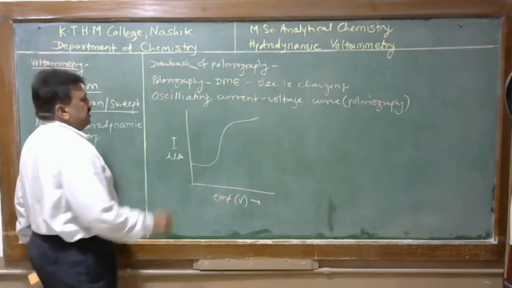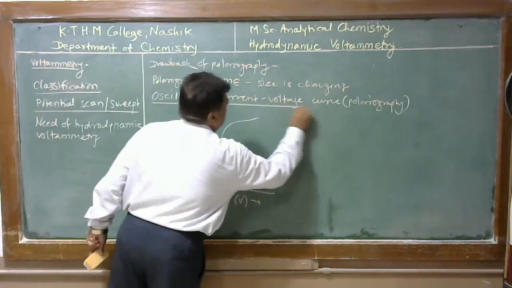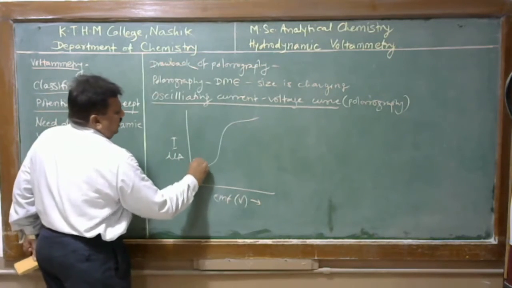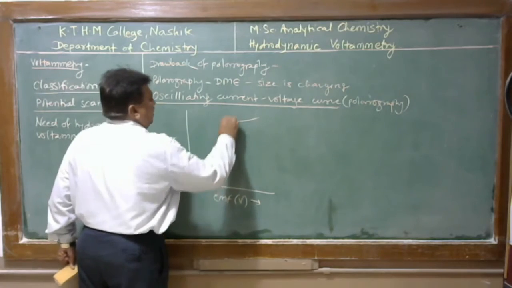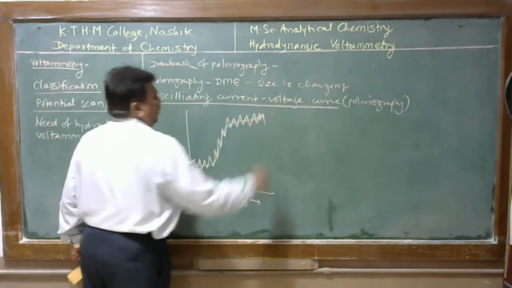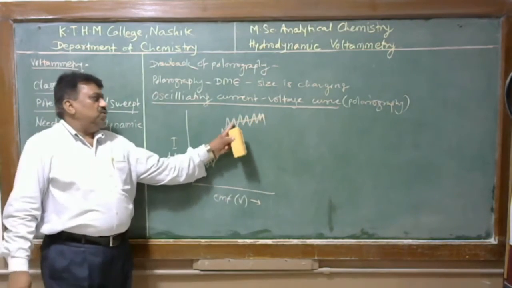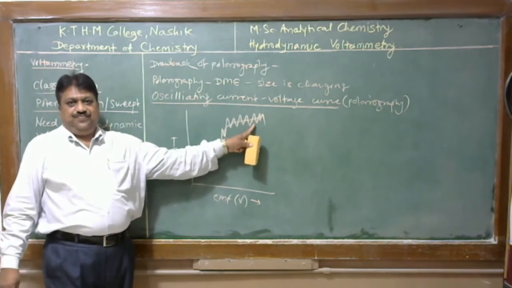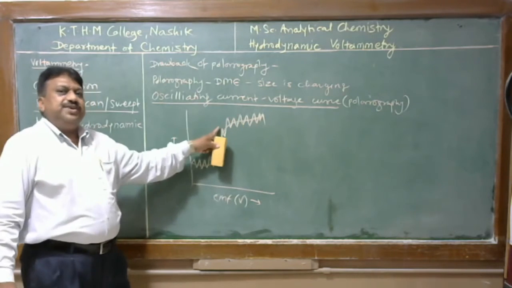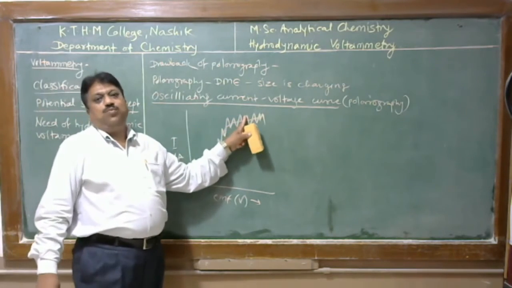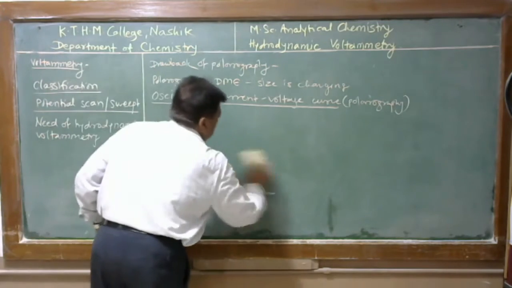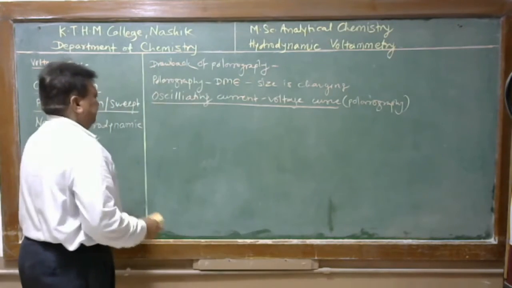But in this case, we have an oscillating current voltage curve. Oscillating means here the polarograph is in this fashion. Therefore, it is difficult to determine the limiting current from this oscillating polarograph. And this is one of the most important drawbacks of polarographic analysis. Here an oscillating polarograph is obtained,